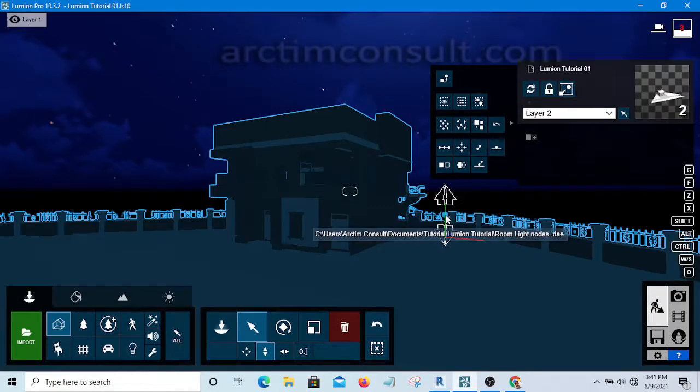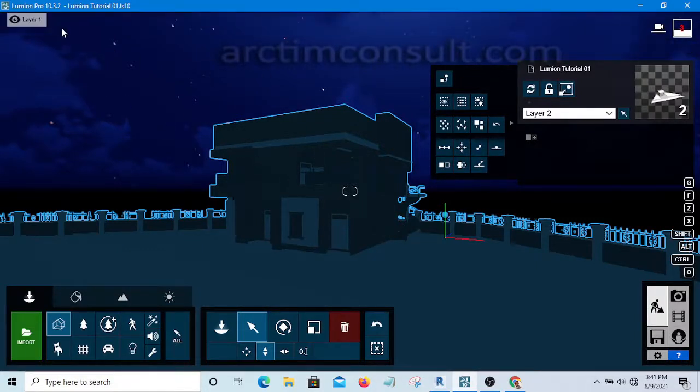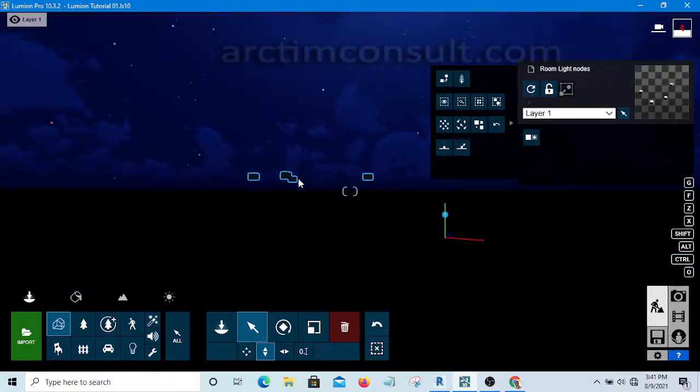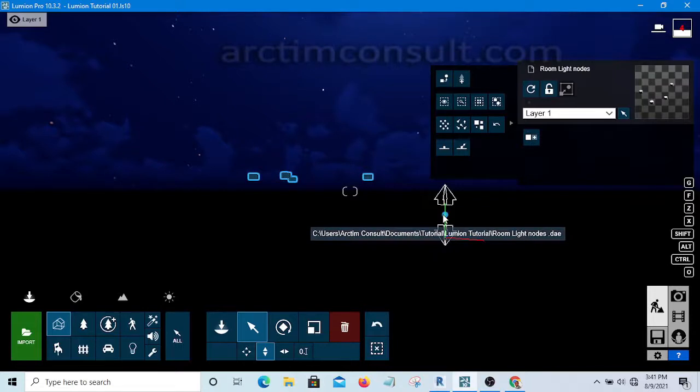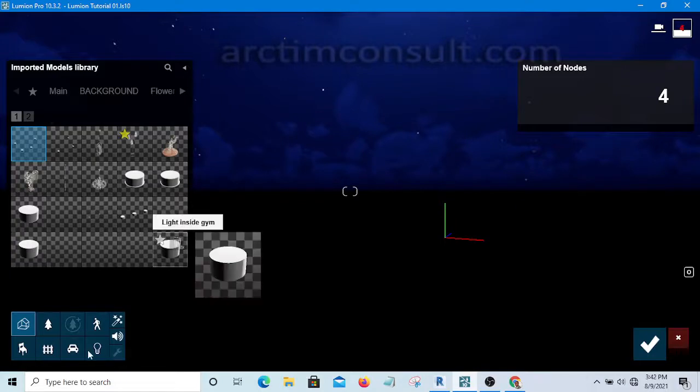You can see it has not selected yet. What we have here is Lumion Tutorial, which is our original model. So what I'm going to do is I'm going to turn off the layer 2. Okay, now that I've turned off the layer 2, that building has gone. So the only one we have now is the light node. Okay, so now I am going to select place object on the node, and the object I will place is still light,